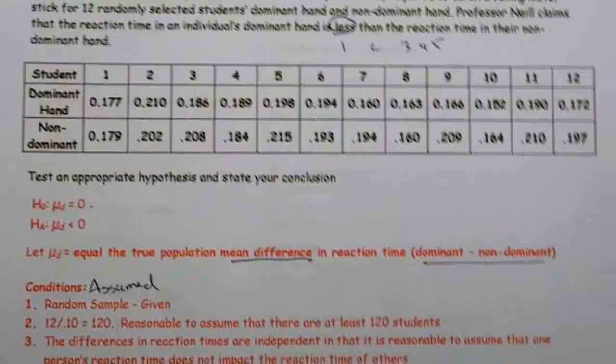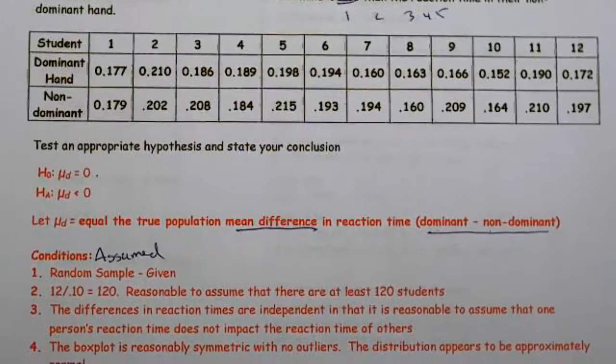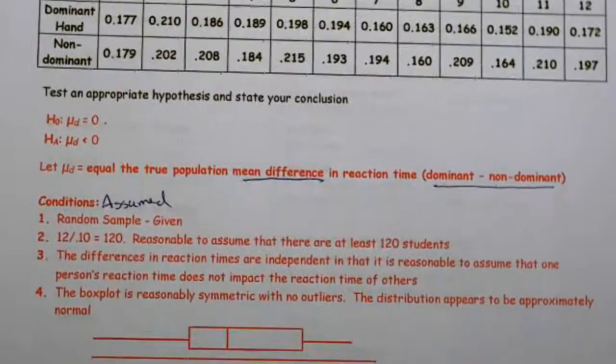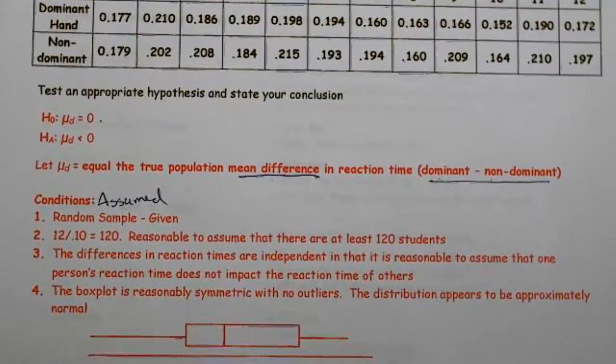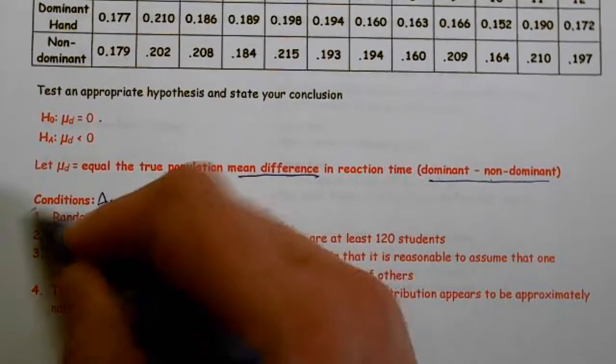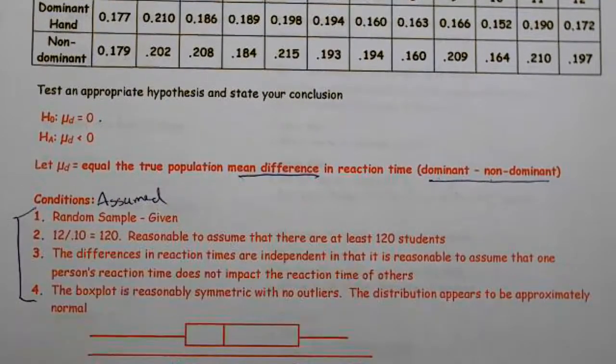All right, so conditions are assumed. There they are. I made a box plot of the data, and that's about the same distance. So 50% is about equal to 50%. So it looks pretty reasonably symmetric. So we're going to say it's normal enough. But once again, these 4 we can skip. We can just write assumed. And then we have